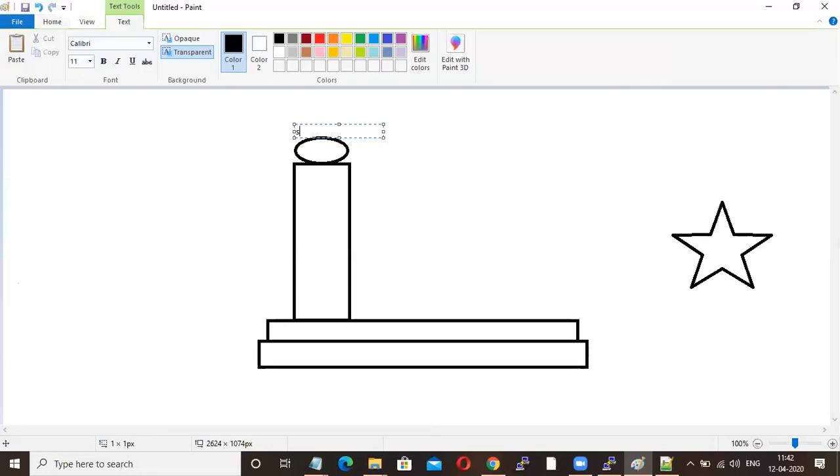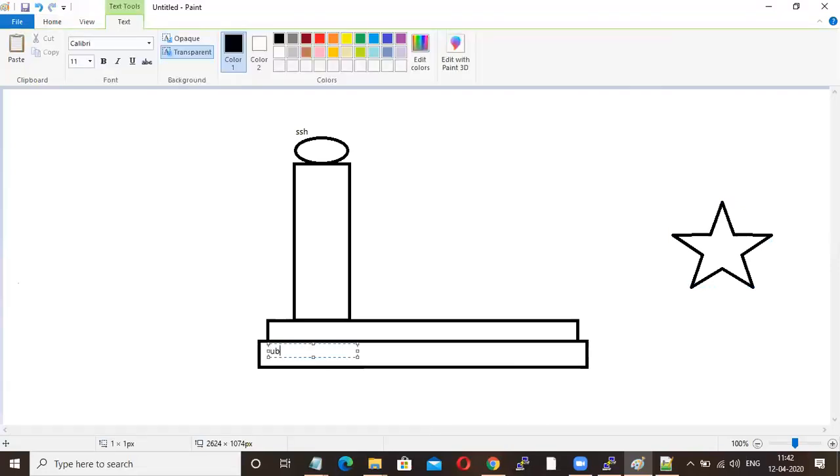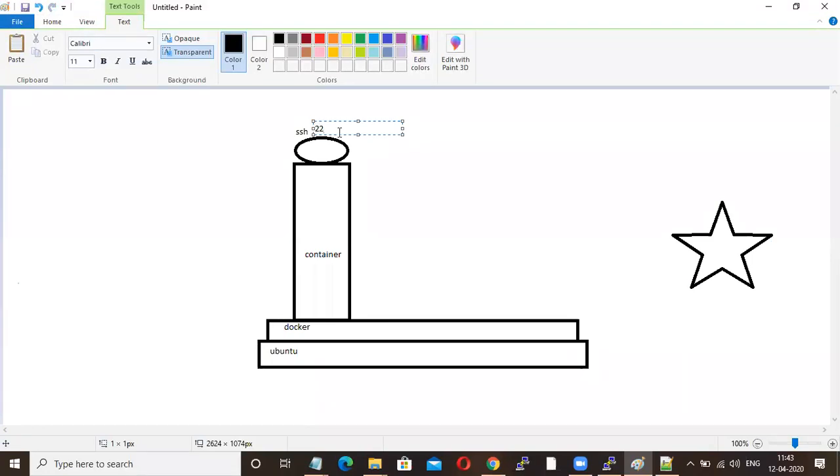This is the SSH container, the SSH application, this is your Ubuntu machine, and this is your Docker, this is your container. Everyone knows SSH port number is 22.